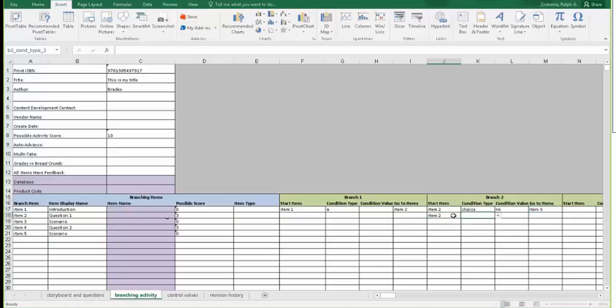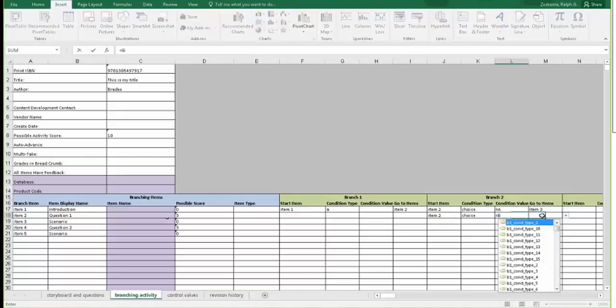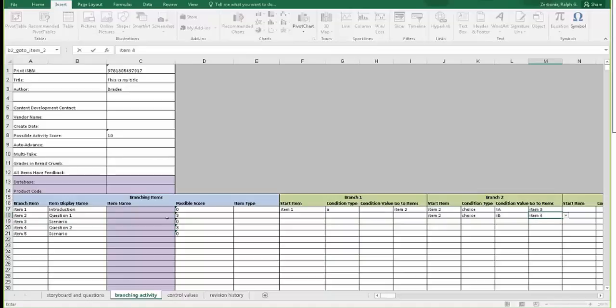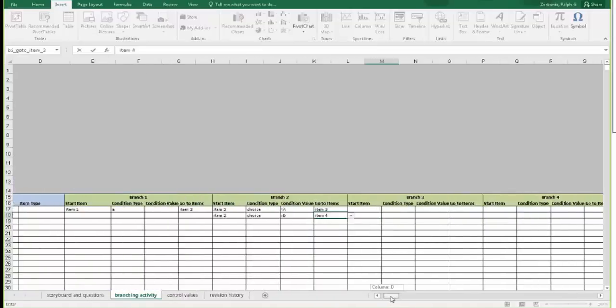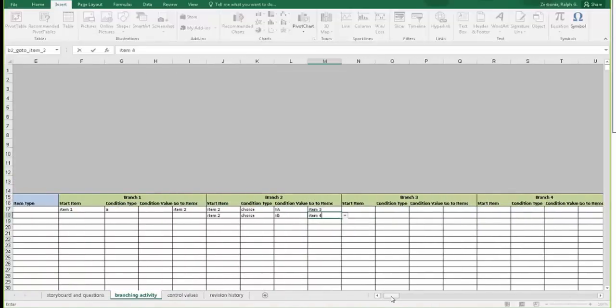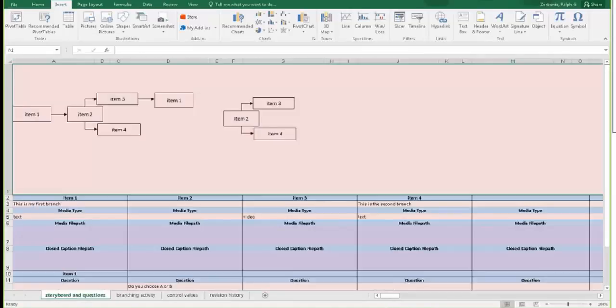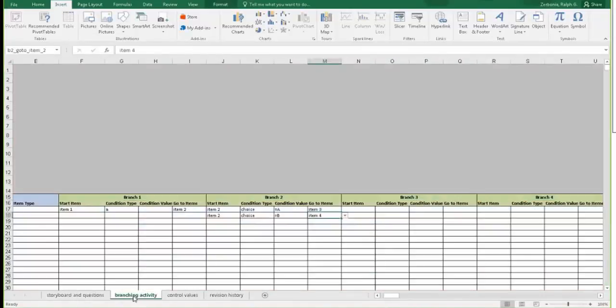This would still be item 2 because we're starting at item 2. So equals B, and then we can go to item 4. So you would continue to do this for each branch, for as many branches or boxes as you have in your storyboard. So every box in your storyboard needs to have an associated branch,